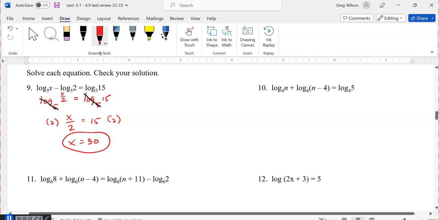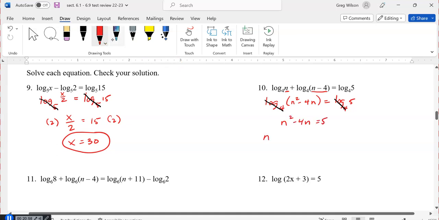Number 10, same approach. I've got 2 logs this time being added. So 2 logs being added become 1 log using multiplication. So I'm going to be multiplying n times n minus 4. All right, so I've taken care of merging the 2 logs together. Now I get to apply that same log property of equality since I have the same log on both sides. And I'm just going to solve